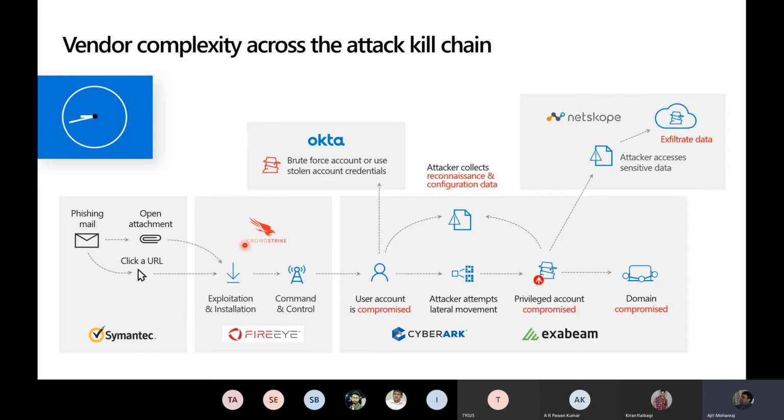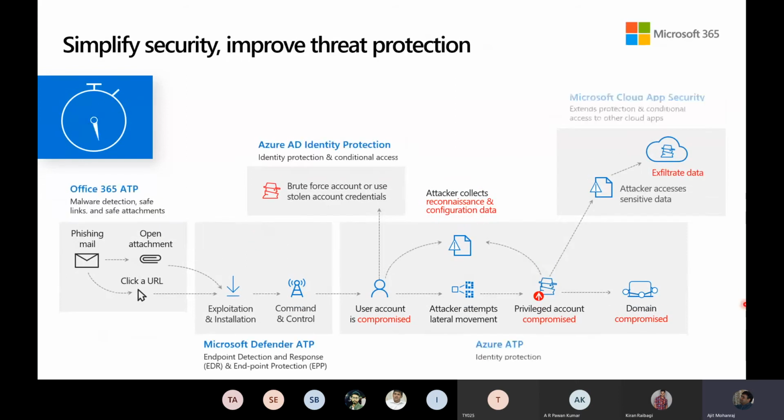So typically we've seen customers adopting point solutions for all of this. The interesting thing is that with Microsoft's Azure EMS, all of that I just spoke about is available from one vendor itself, right? So our Office 365 ATP is what you already use for malicious attachments and links on your system. Your Defender endpoint detection and response is going to find out there's some funny behavior going on, even if he slips past that. Identity protection with that intelligent security graph is going to realize that there's a brute force attack happening on this ID, right? As you start moving around, whether it's on premise or on the cloud.